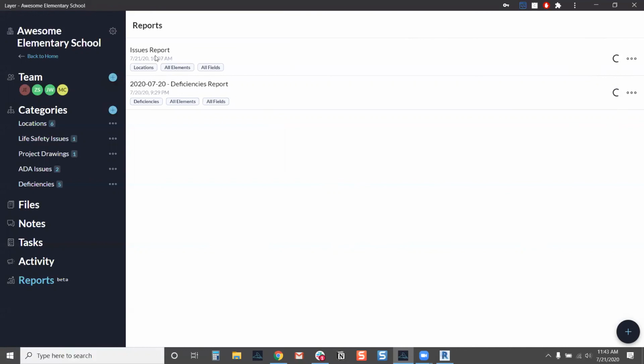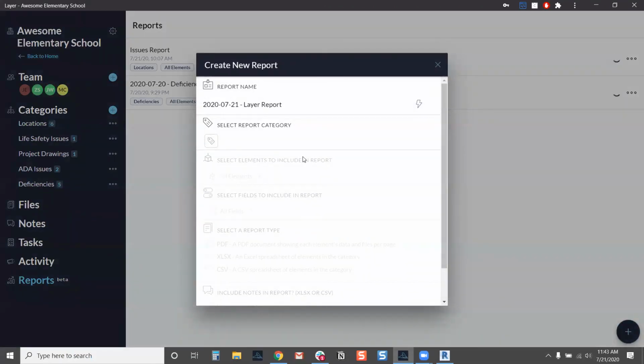But what we can do is build a report. Let me show you what creating a new report looks like. I click the little plus button down here in the bottom right, and I see here that I can give my report a name. It does auto date the item. So maybe I actually want to call this one